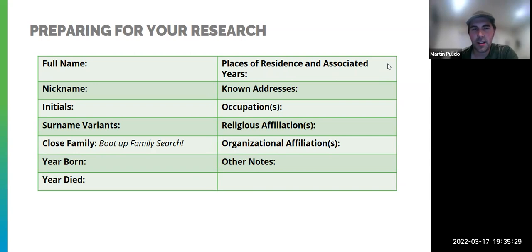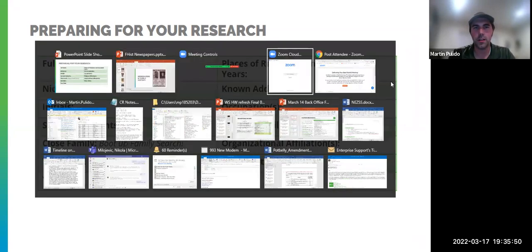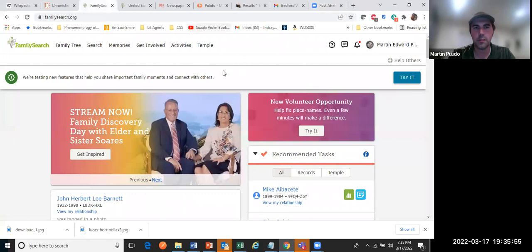I guess my last thing I call up is kind of noted here with close families, and that is I like to pull up FamilySearch. FamilySearch will often allow me to jot down a lot of the information for this table that I have here as to where they've lived, the vital records, and so on. But it's also nice to look at the related family relationships really quickly. So I'll quickly show that here. Let's hop over to my FamilySearch.